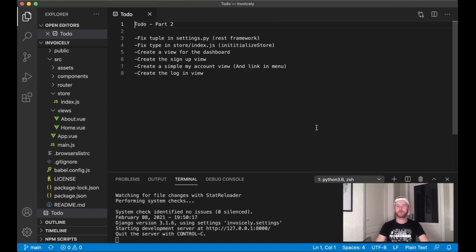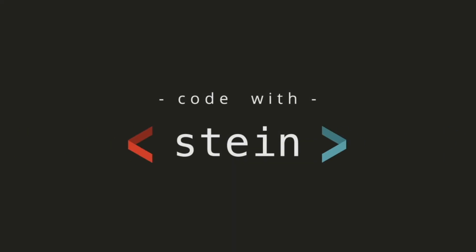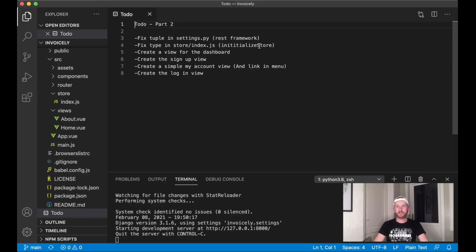In the previous part we set up the project and did some configuration. In this part I'm going to make it possible for users to sign up, log in and log out, and also see a very simple dashboard just so you can see that you are authenticated. First I want to fix two things from the previous part, and the first is a settings error I did